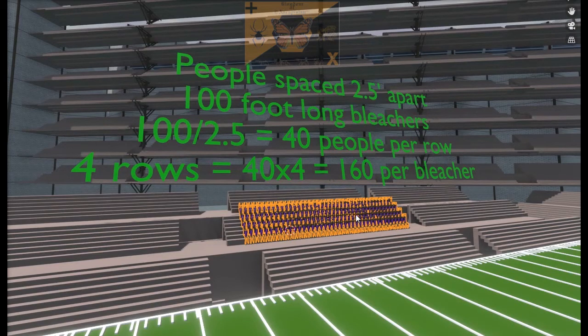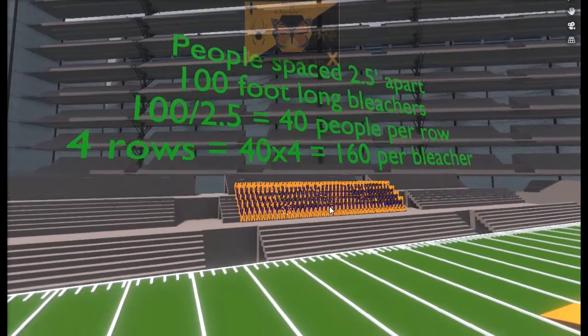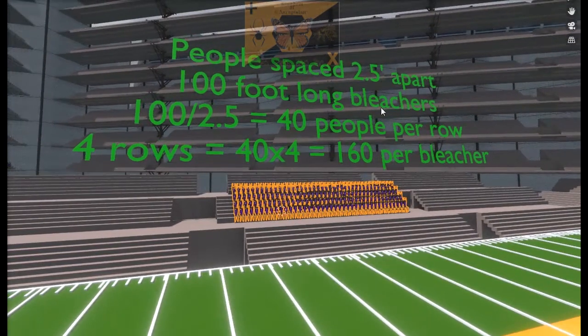So this is some mathematics surrounding bleachers. You have people spaced 2.5 feet apart. Chairs would be good. You could mark off the chairs. If you don't want to actually manufacture chairs, you could just mark them off with paint or markings. But the stadium that I go to just has very mass-produced chairs that give a sense of organization between people. That's what you want,